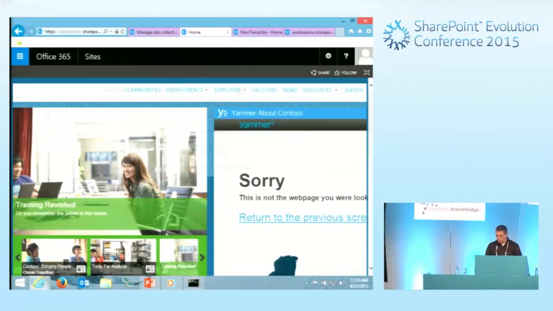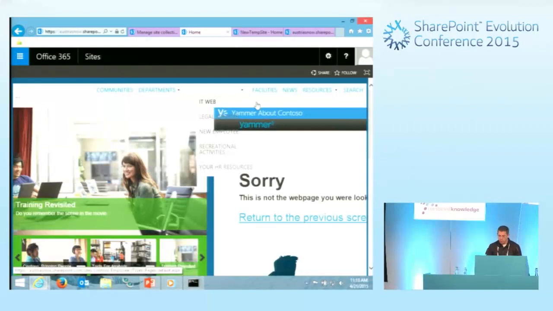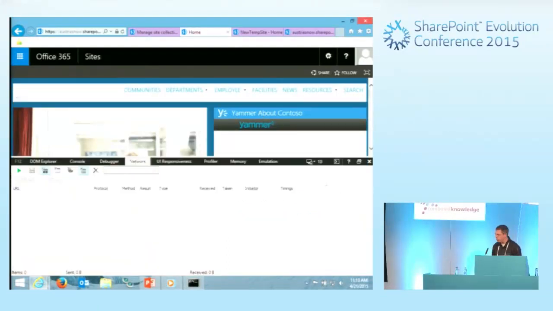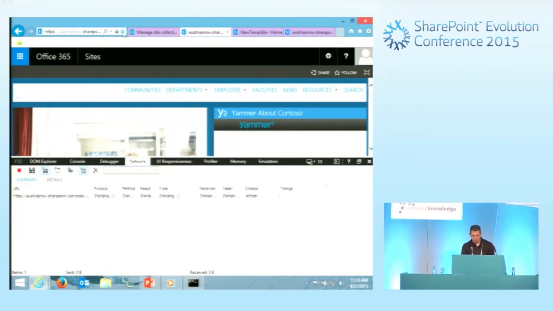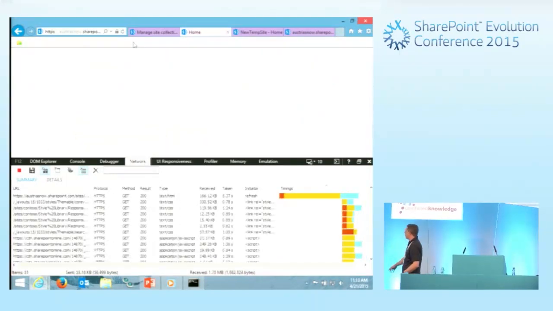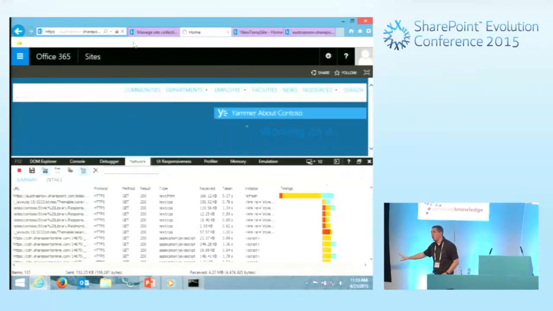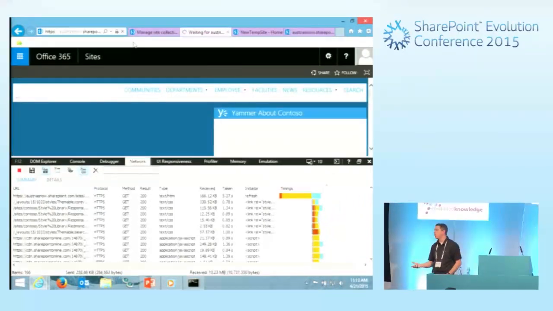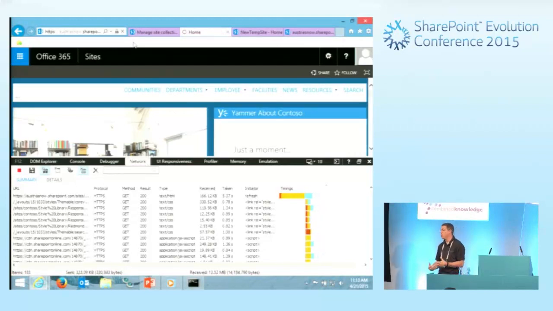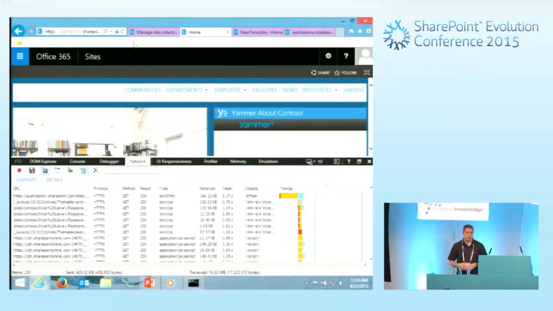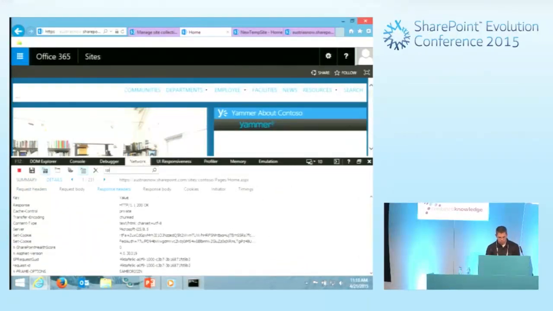So really quickly in IE, if I click on F12, that brings up my developer tools, IE 11. In this case, you have it in 10 as well. So I'll go ahead and hit play, do a refresh of my site. And you'll see that all this stuff starts downloading, right? Hopefully soon. And this will change, again, based on where you are, based on what the bandwidth of that environment is at that given time, based on the current usage of that pipe. So if it's lunchtime, it might be really slow. If it's 8 a.m. Monday morning, it might be really high. So you can then click on, let's say, details, response headers, SP